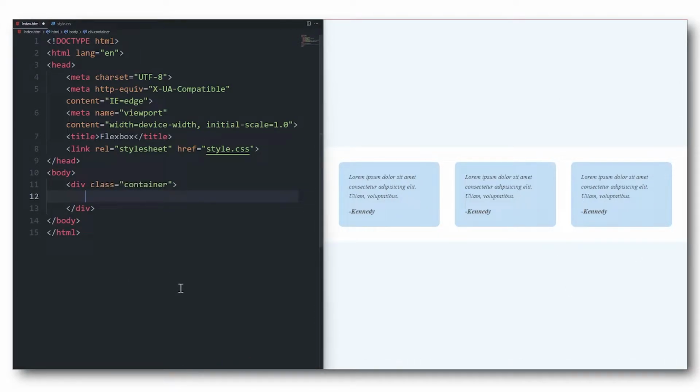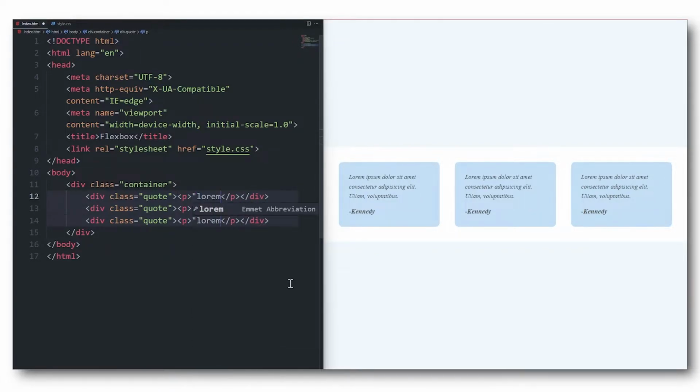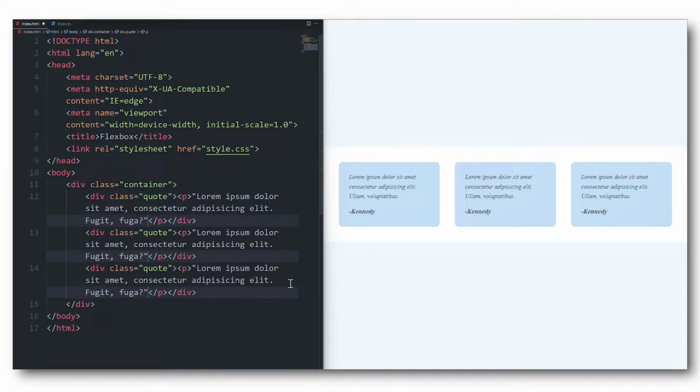Okay. So I'm going to create here another div. So I'm going to create here a quote, and we will multiply it 3 times. So we now have 3 quotes over here. And now what we need is this paragraph. So I'm going to select our p element, and let's type here lorem 10 words, and let's end our quotation